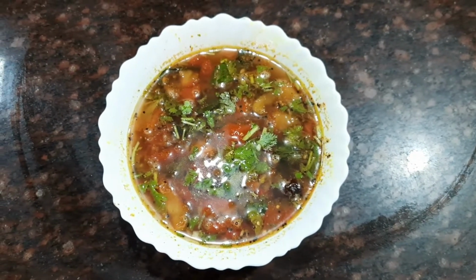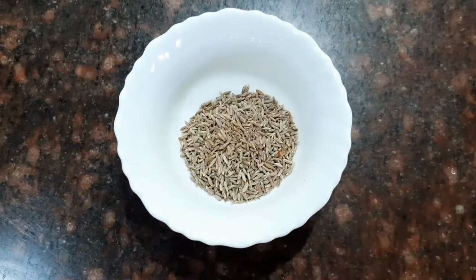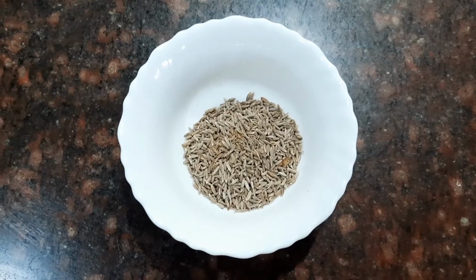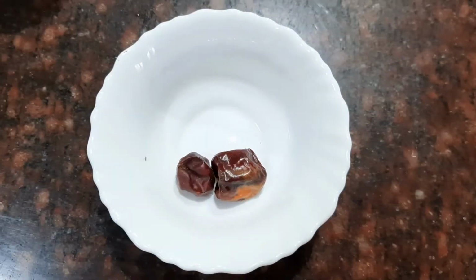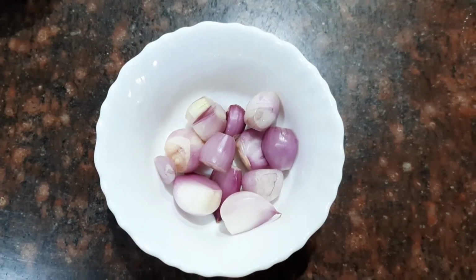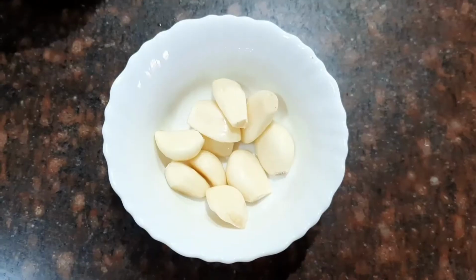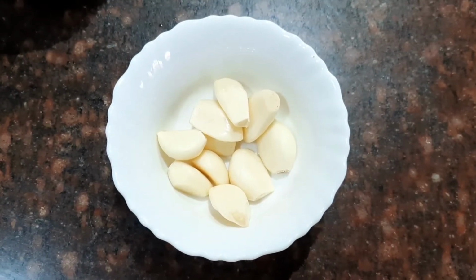Let's get started. Let's see the ingredients. I have some peppercorn seeds, some cumin seeds, about 2 dried red chilies which is slit, about 10 shallots or small onions, about 10 garlic cloves which is peeled,